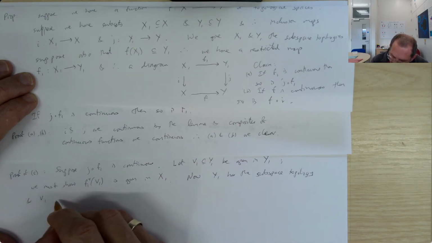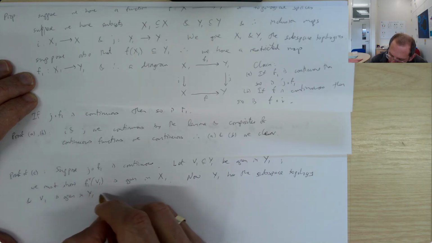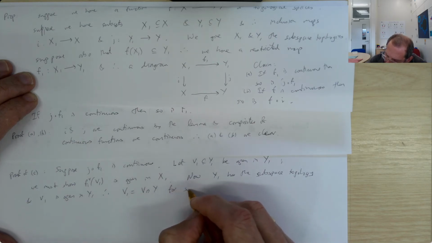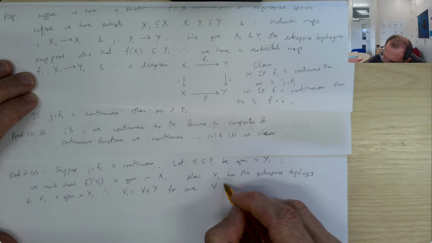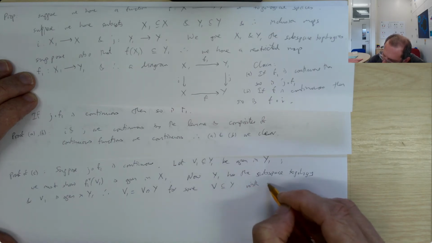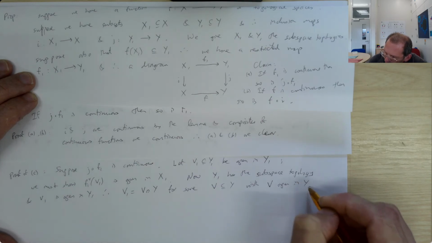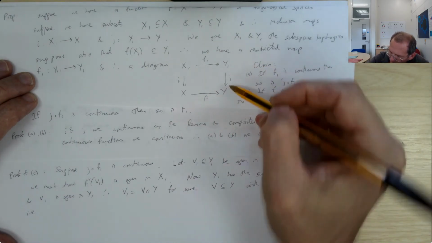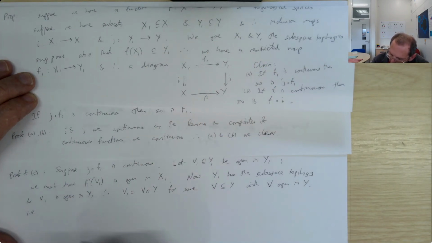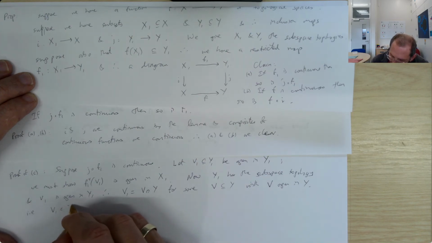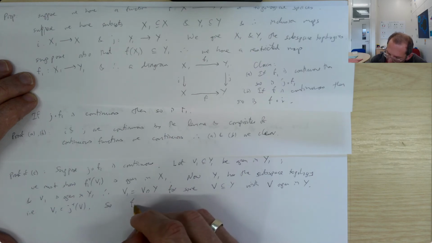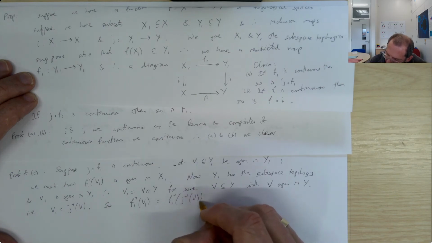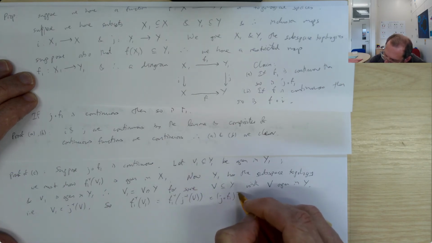And V1 is open in Y1, therefore V1 has got to be equal to V intersect Y1 for some V that's open in Y. But also remember that because j is just an inclusion, V intersect Y1 is the same thing as j inverse of V. So V1 is j inverse of V. That means that f1 inverse of V1 is f1 inverse of j inverse of V, which is (j composed with f1) inverse of V,